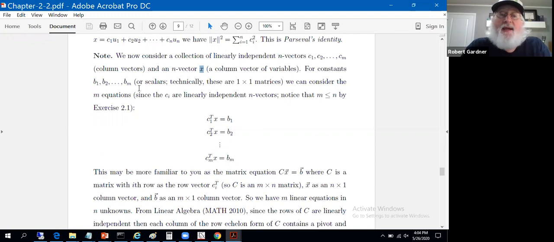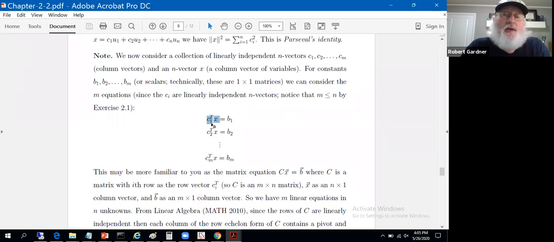We're ultimately going to make a vector out of these as well. But what we're getting then is the following system of m equations in n unknowns. We'll take c1 transpose times x. So what they're up to with this is, remember we were treating these as column vectors. To get the matrix product to work, or if you like, it's a dot product, what we'd have to do is transpose this first vector to make it